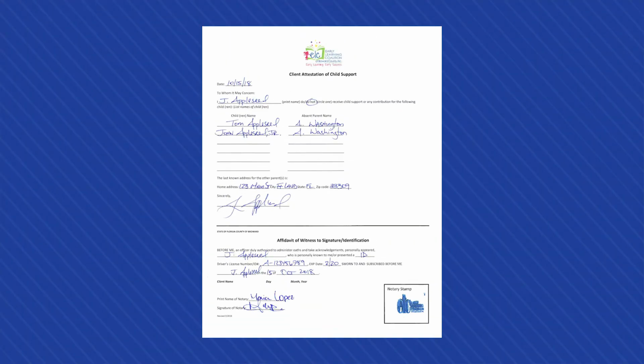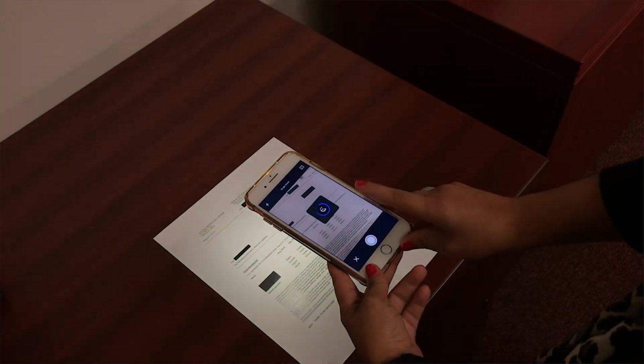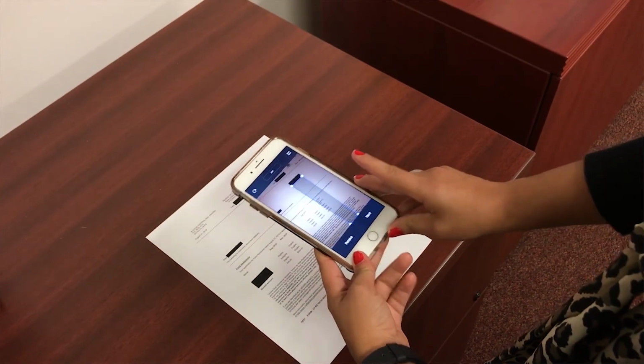And that's a wrap. Those are the documents you'll need to upload along with your application. Reminder, if you're using your phone to scan or make copies of your documents, be sure to capture the entire document. Snaps like these will not be